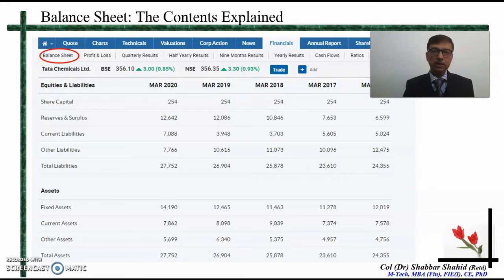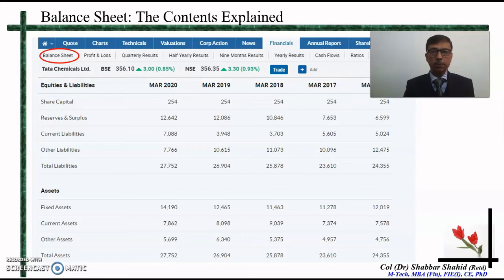In some countries, the financial year is from 1st of October to 30th of September. In some countries, it may be from 1st of January till 31st of December. So whatever it may be, the concept remains the same. It is on the last day of the financial year.